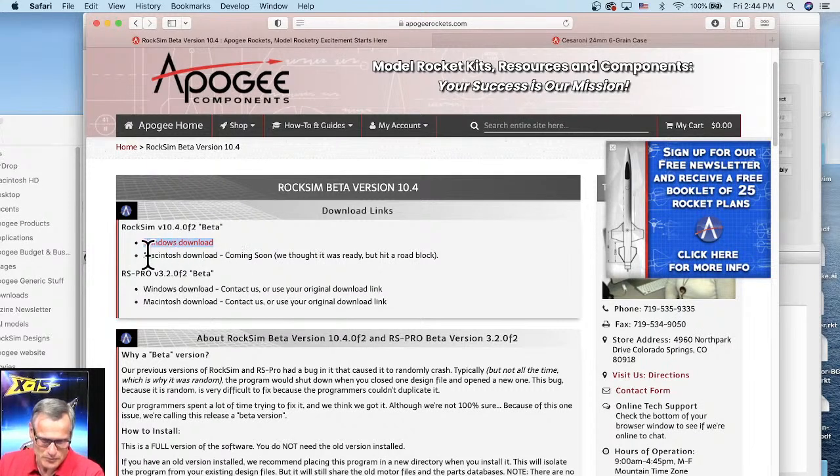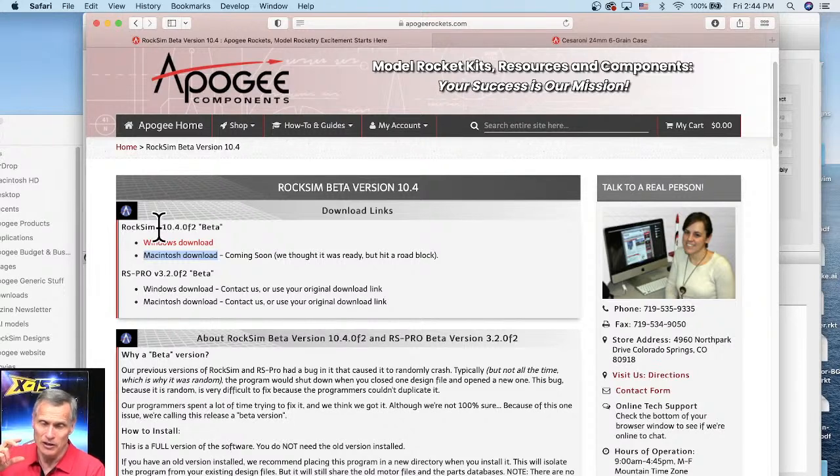The Macintosh version of 10.4 is delayed slightly. It's done. The issue we have is it comes from Apple Computer. They have what's called a signature. So it's basically when you download software from the internet, you want to make sure you're downloading it from the place you think you're downloading it from. So if you come to the Apogee website and you download RockSim, you want to make sure that it comes from Apogee. So what we do is there's a digital signature that we sign